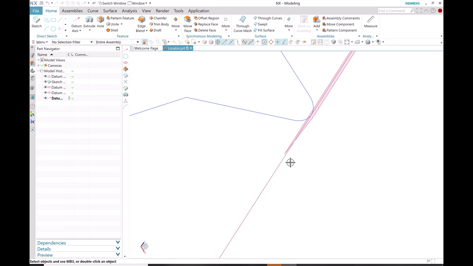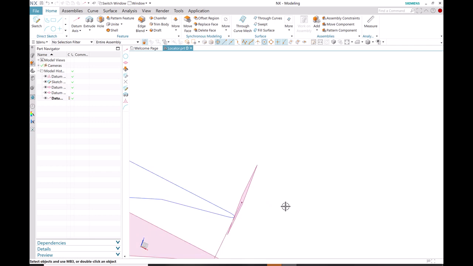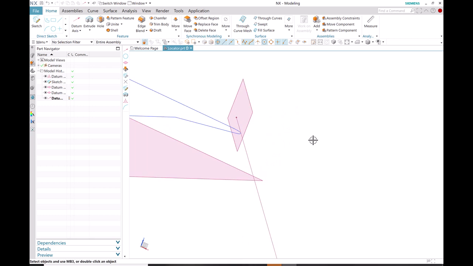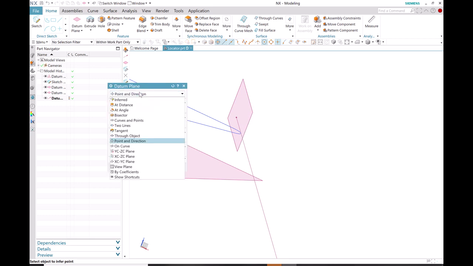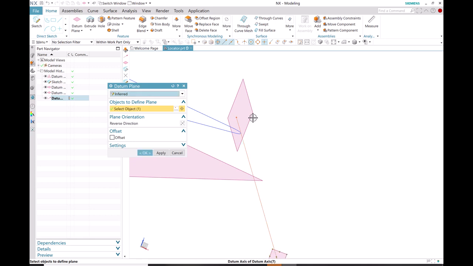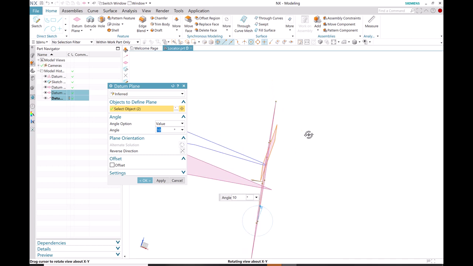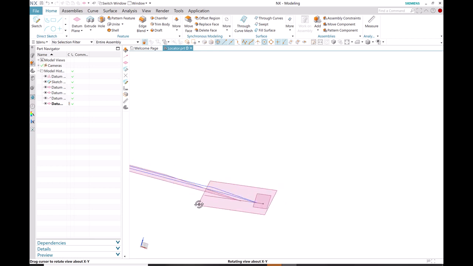So once I have this datum axis, I can essentially rotate my datum plane about that axis, right? So let's go to datum plane one more time, but now we will try to rotate the datum plane with respect to these two. So I'm just gonna click on that and that, you see, and I want a 10-degree inward angle, so that's gonna be a -10, right? And there we have a 10-degree draft. Okay,